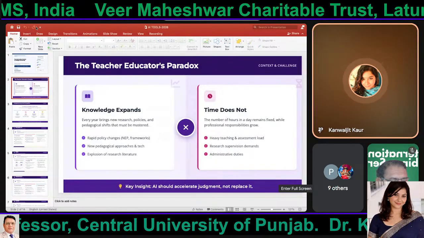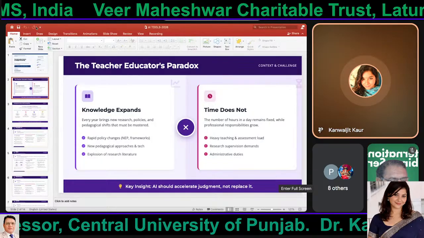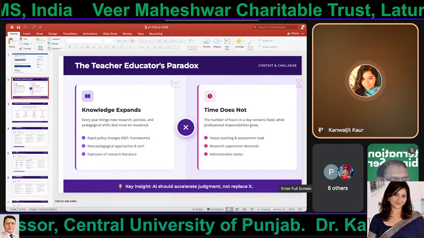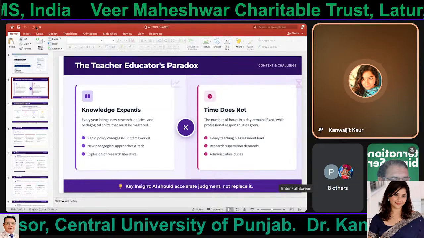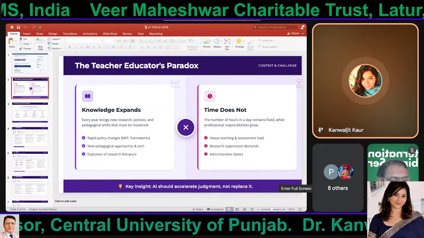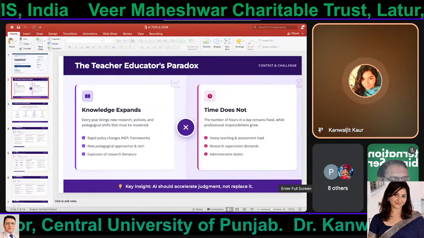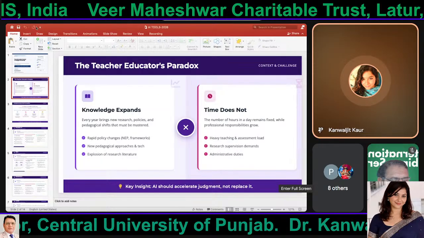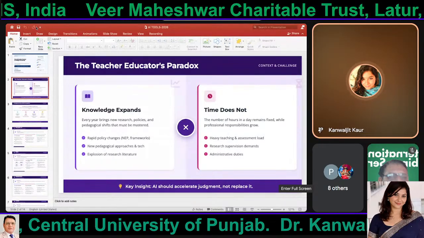Because knowledge is expanding, but we have very limited time, and we have to justify our research gap. We have to read so many papers. It's not possible manually, because if you want to check whether a paper is in your inclusion criteria or exclusion criteria, it wastes a lot of time.